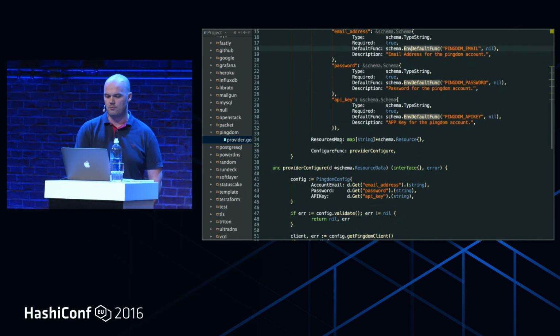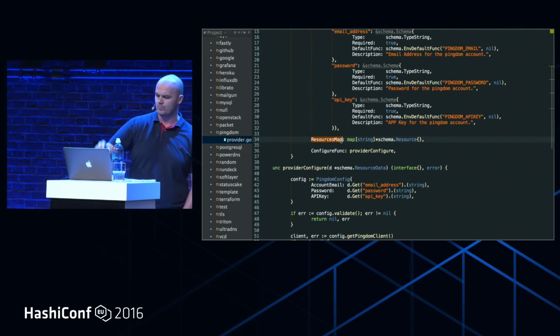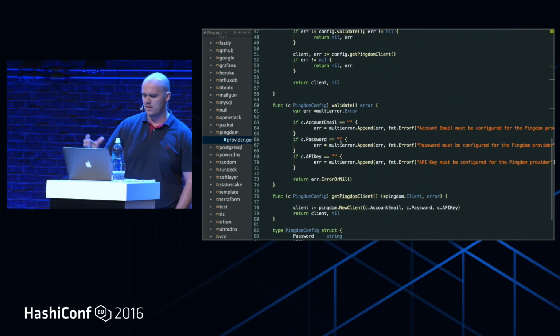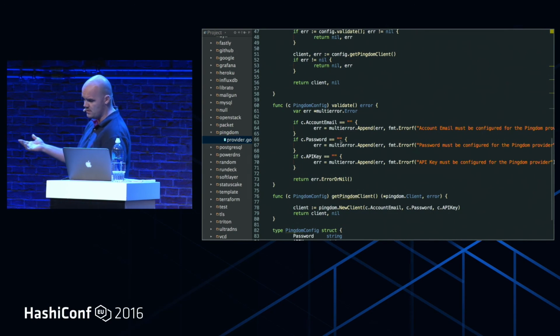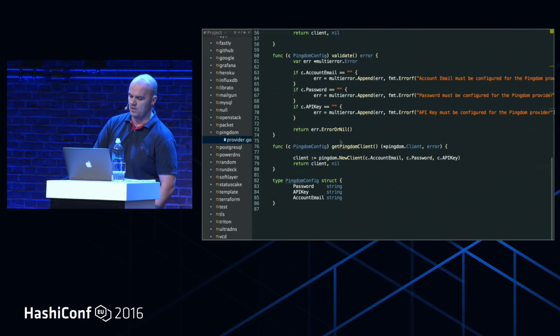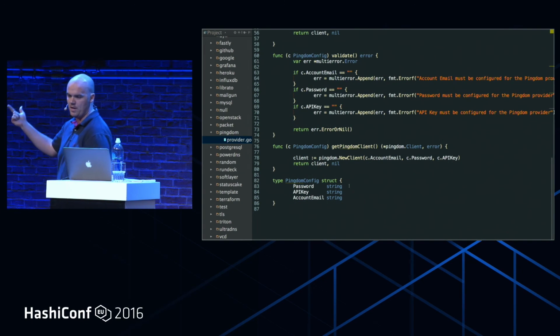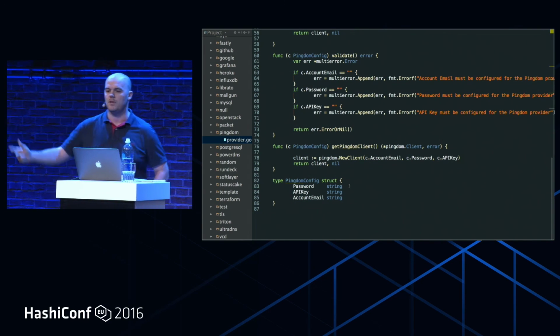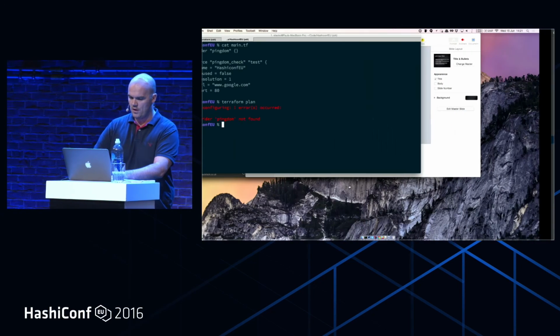From there, you have a resources map, which we don't have any yet. And we validate that the credentials are all existing. And from there, we get our Pingdom client, which is based off a password, an API key, and an account email. So if I go back,